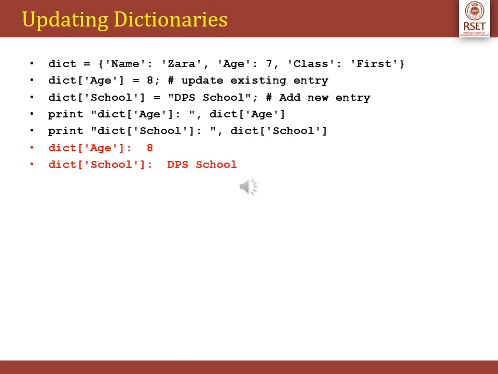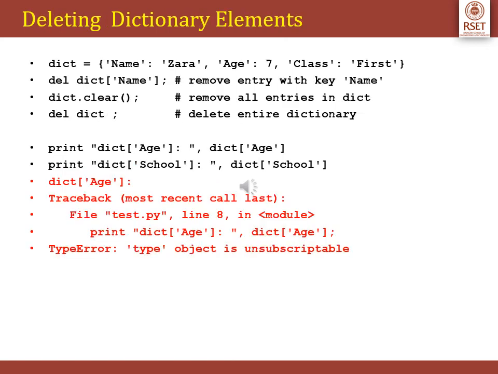To update a dictionary, we just need to override the existing value as shown in the example. Or you can even add a new item into the dictionary by specifying the key value pair as we had done for the existing pair. So you can add a new entry and modify the existing items in a dictionary.